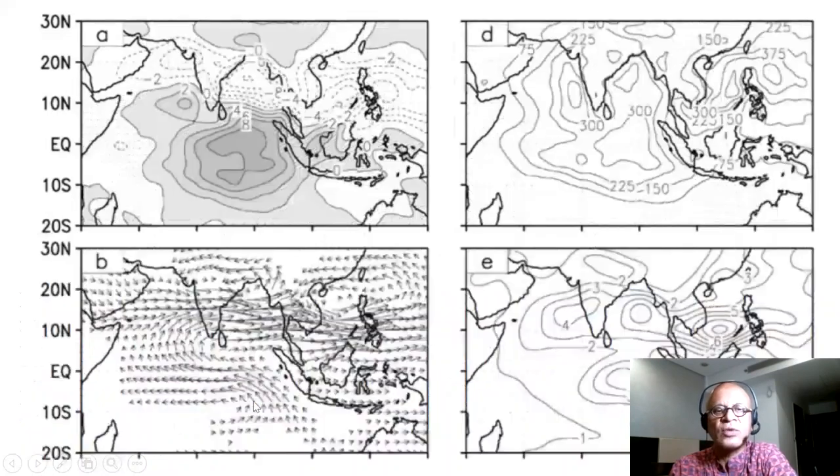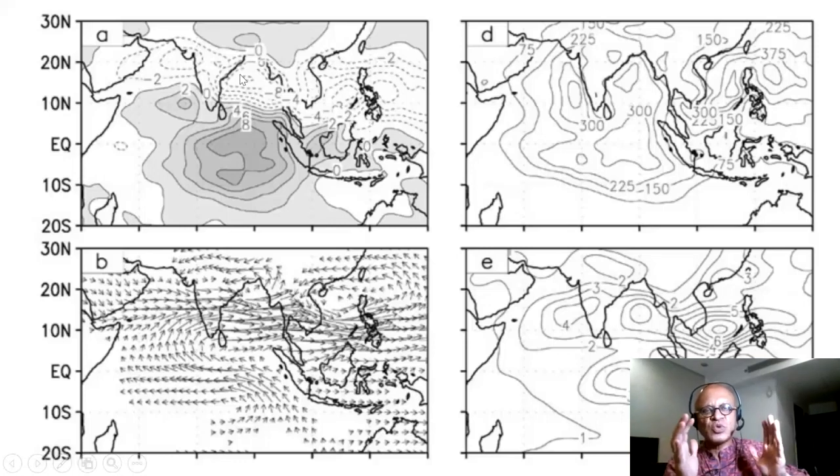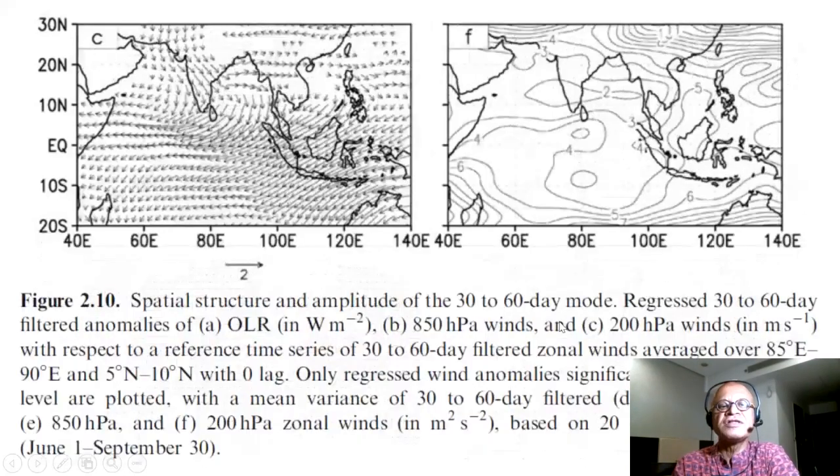200 hectopascal winds. Again, you will see now the large scale structure. So the 10 to 20 day is much more confined in space, whereas the 30 to 60 day has this large scale but still has this north-south pattern, still has this anticyclone-cyclone anomalies associated with this, and here are the corresponding OLR, 850 hectopascal winds, 200 hectopascal winds, and